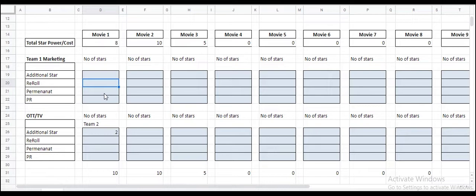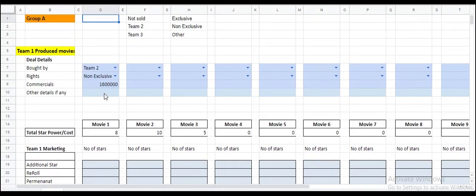For example, if this team had pledged for reroll, you probably put 2. However, your star will not increase. Reroll or PR does not have an impact on your star. It has an impact when you roll your dice, and after that you'll see that impact. So you need to punch in all the marketing that you have pledged by team 2 or your team here. And that is done for movie number 1.